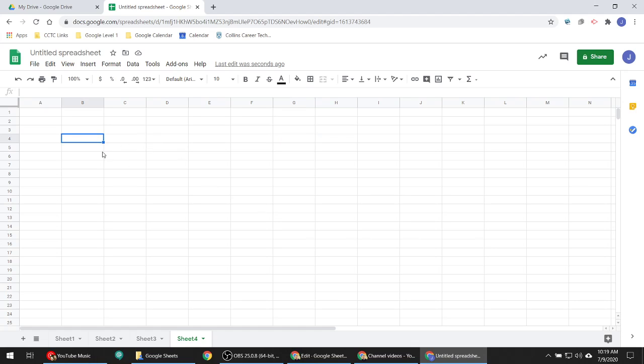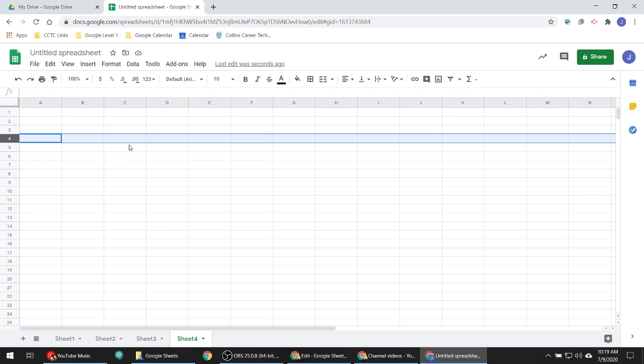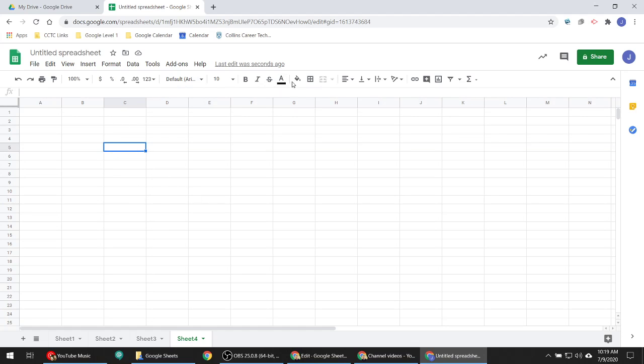And cells have an address. Each of these individual cells has a different address, just like a house in your neighborhood would have a different address. So those addresses consist of columns and rows, right? So for example, this cell right here, let's make that a color just so we can talk about it. This yellow cell here, its address is C5,